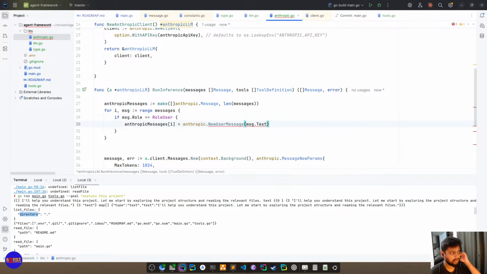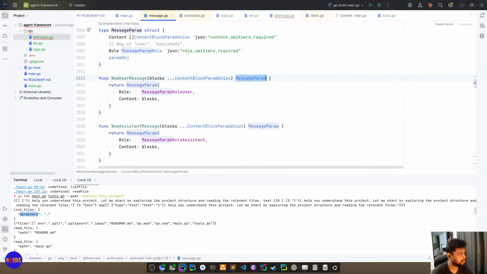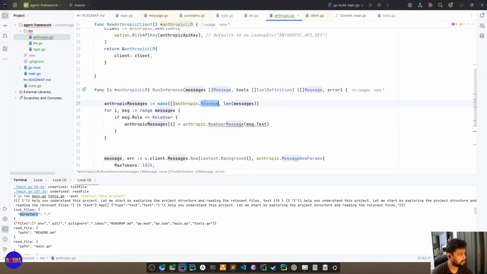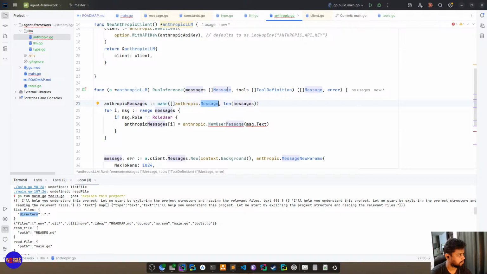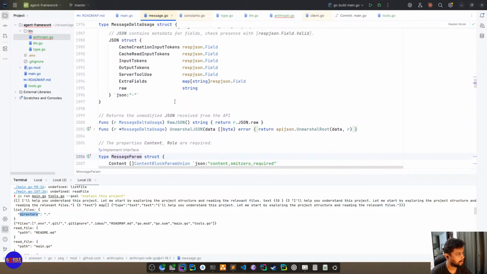Okay, this is just in case message param, right? Message. We'll figure out what the difference is here. Okay, what do we actually need here? Do we need message or this is message param, right? I don't know what is the difference between message and message param.